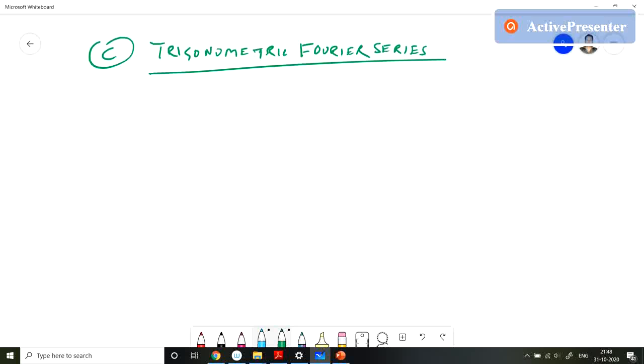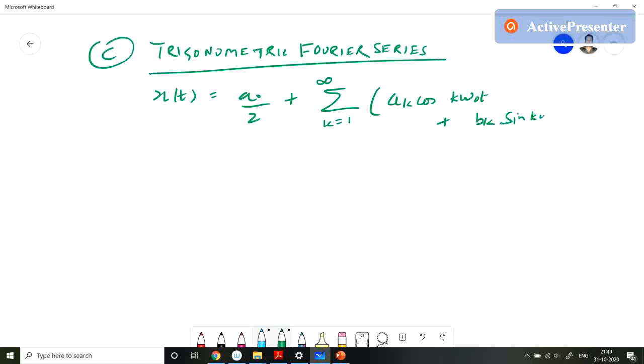So let us discuss the trigonometric Fourier series. The signal x(t) is represented as x(t) = a0/2 + summation k = 1 to infinity of [ak cos(k omega0 t) + bk sin(k omega0 t)]. This is the representation of the trigonometric Fourier series, and omega0 = 2 pi / T0,